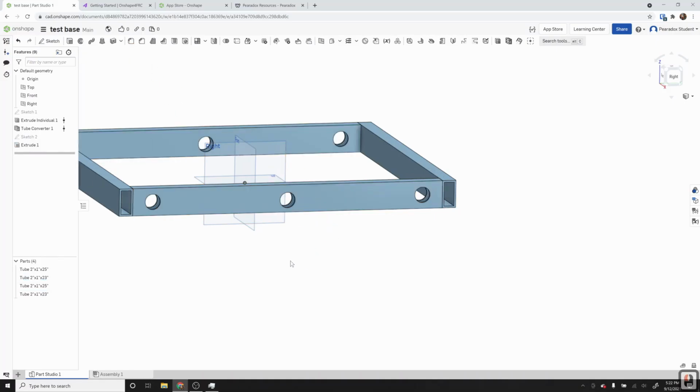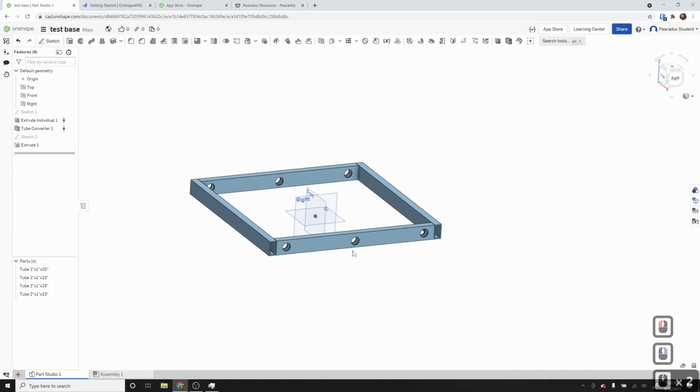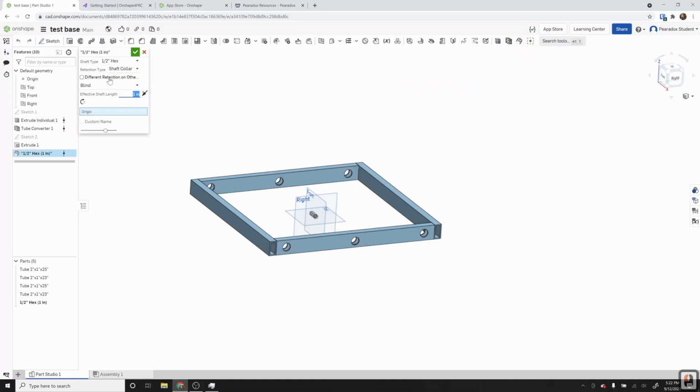All right, so we are pretty close to done in our part studio here. The last thing that we'll do is just show the shaft generator. This isn't too important for what we're doing as far as learning, but it's just one more example. So we're going to use a 1/2" hex. We can change the retention type. We usually end up doing a retaining ring